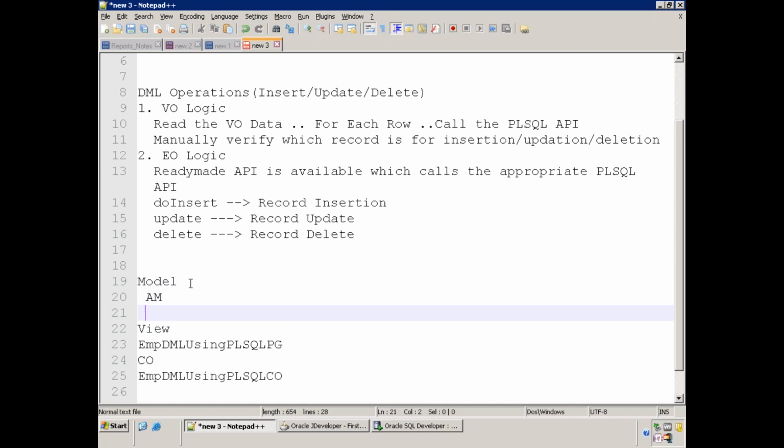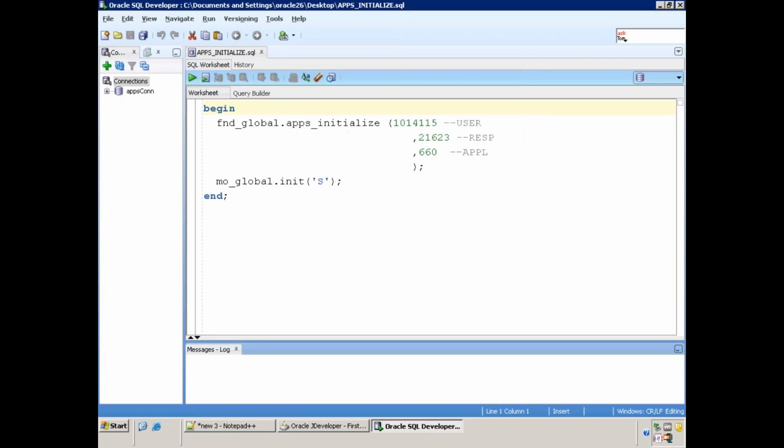The AM, and we require just the VO, no EO. EO is not required in this case because we want to perform DML using the PL/SQL API. Let me show the PL/SQL API also for you.